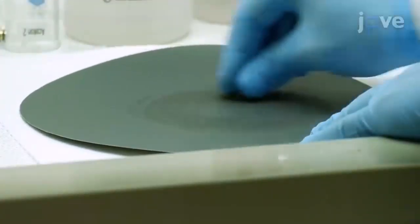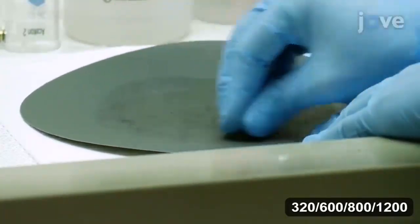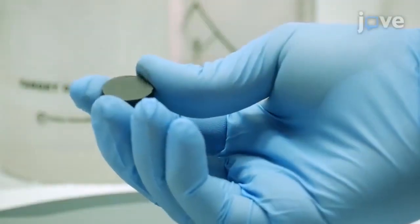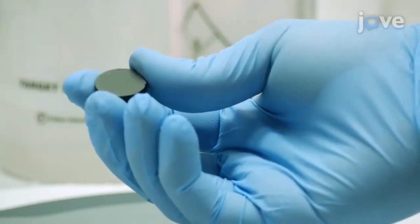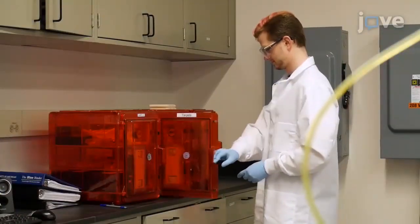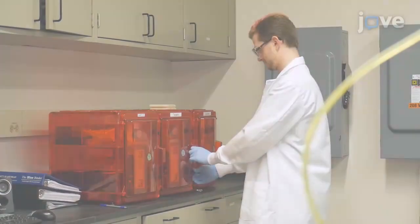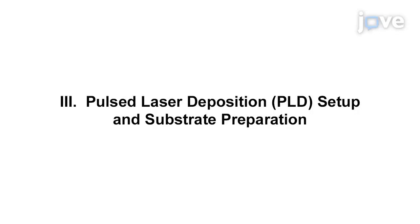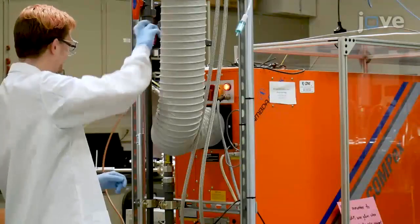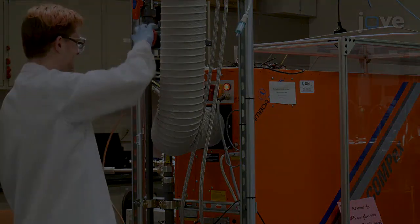Polish each target in a circular motion using progressively finer grits of silicon carbide paper until the surface is reflective and uniform. Store the polished targets in a desiccator until ready to begin the pulsed laser deposition procedure. Ensure that a 248 nanometer krypton fluoride pulsed excimer laser with a pulse width